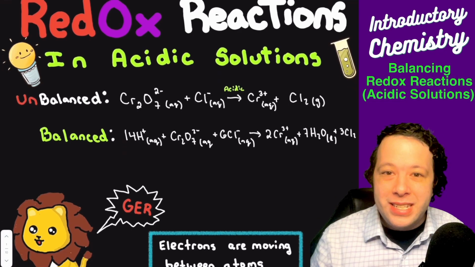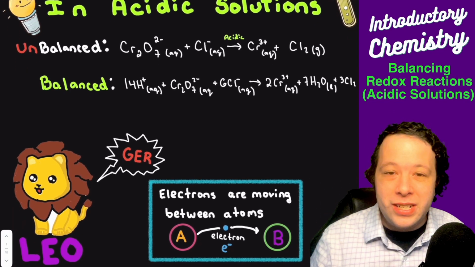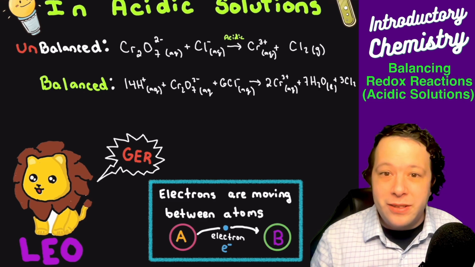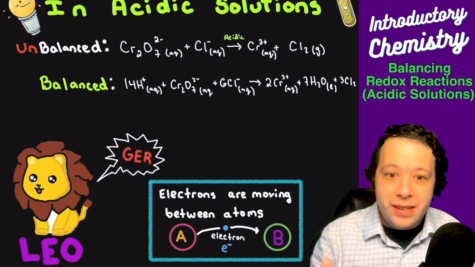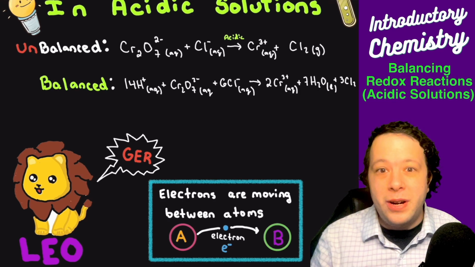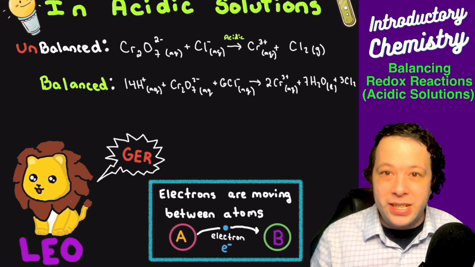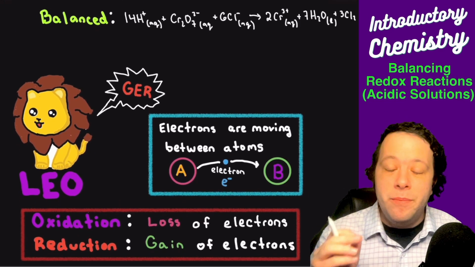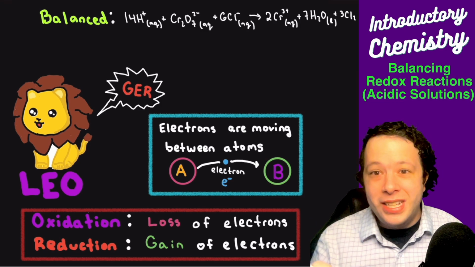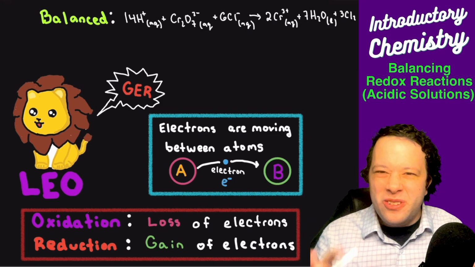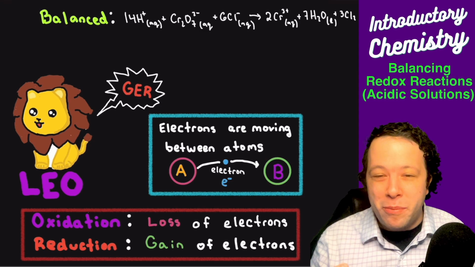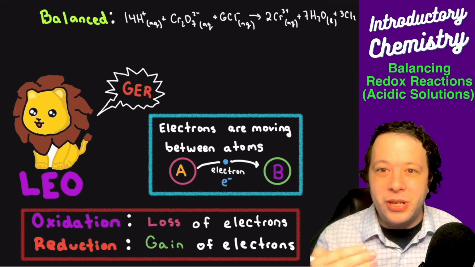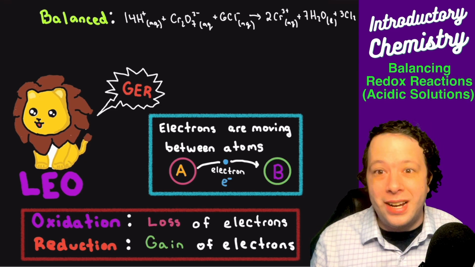Now, these are all about oxidation and reduction, and they can be a very confusing problem that can involve many steps. But the thing is, it's very systematic and very procedural, meaning it's going to follow very specific steps as we go through these. It's all about the gaining and losing of electrons. So just remember Leo goes grr, and you'll remember how to do these problems and how to label them. In this video, we're going to go through specific steps and show you exactly how to do this kind of problem. Let's take a look.